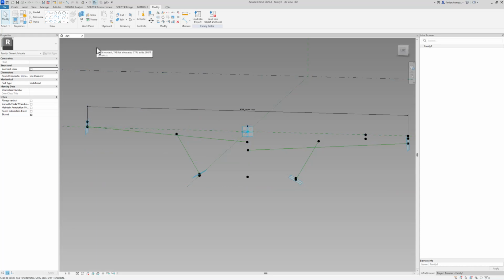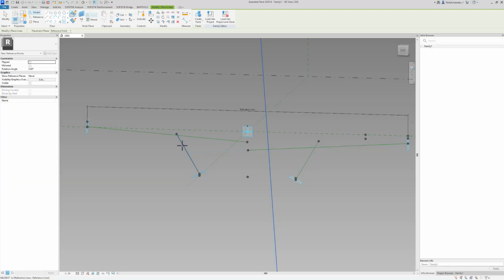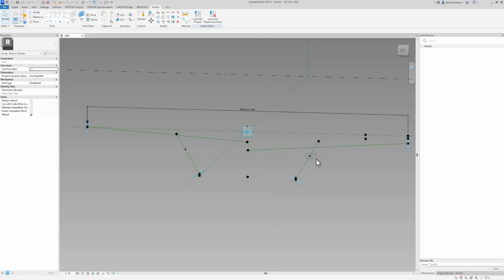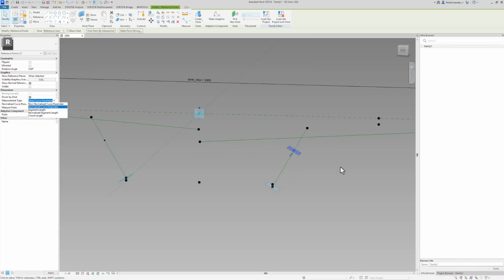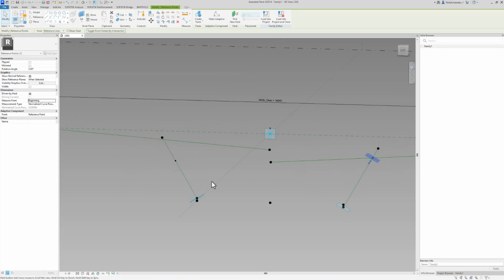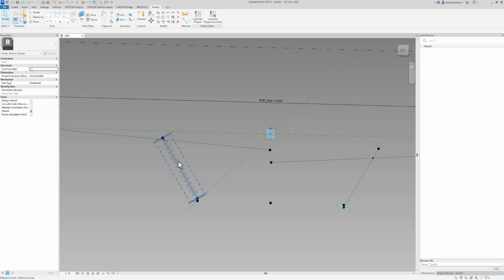But Revit as a program gives us a very simple solution, which is to create a new point element on these reference lines. I do it once on the left here, once on the right here, and I can select this point. You can see that it's basically controlled by certain parameterizations along this reference line, because it's not created in a reference plane, which allows us to also host this point by intersection. Meaning that I can click this point, it's already hosted by this line, but the intersection with this line can be the new host. I do it also with the left side, and the intersection is found instantly.